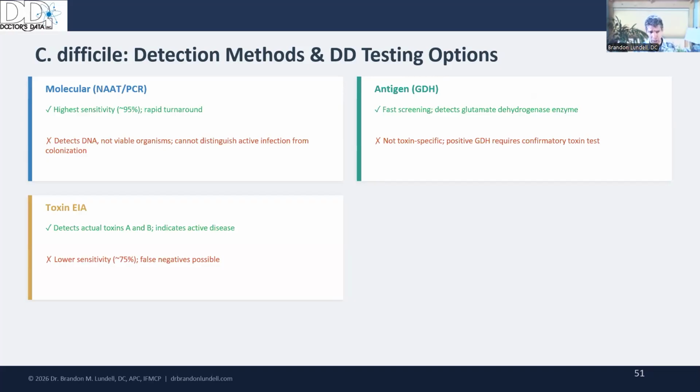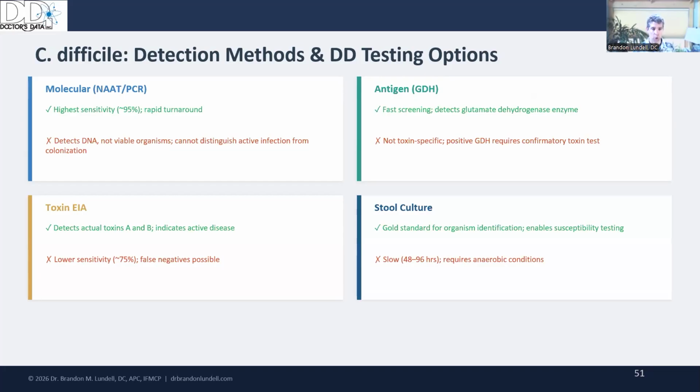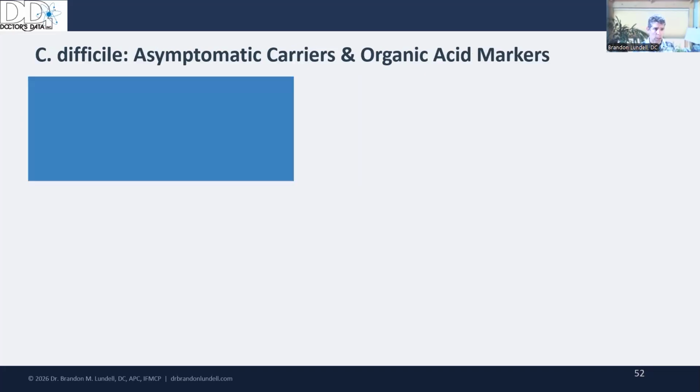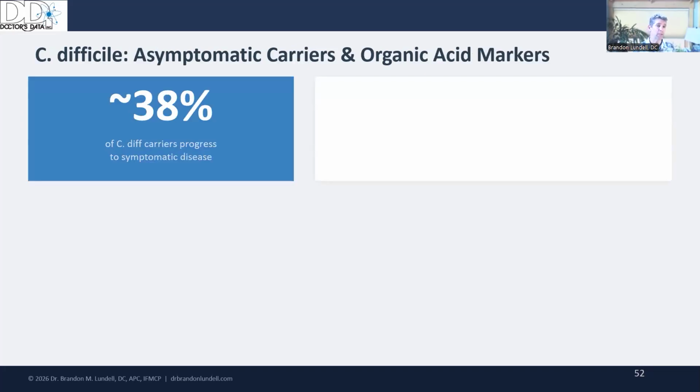So Doctor's Data does the toxin testing in the parasitology, but if you order the C. diff panel, they will do the PCR and antigen testing as well, and the stool culture. So about 38% of C. diff carriers progress to symptomatic disease, but that means 62% don't. 62% remain carriers. And if it's producing toxin A and toxin B, you still may want to treat it, especially